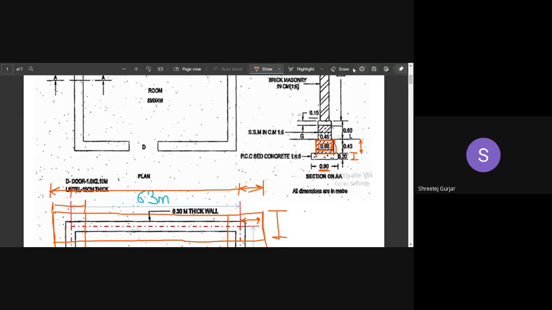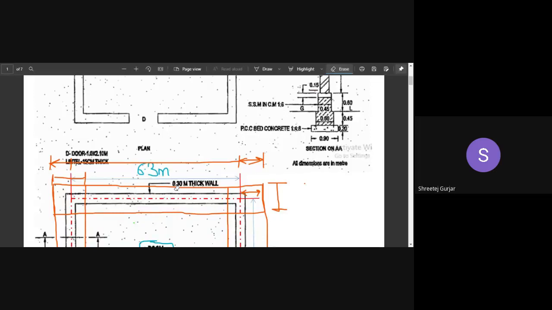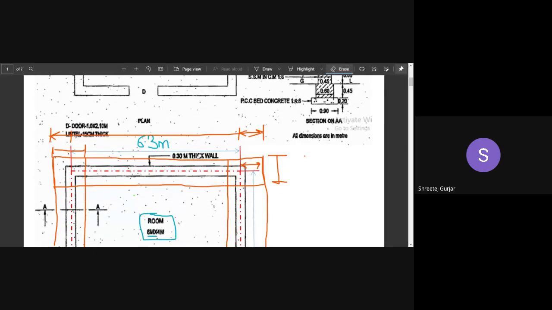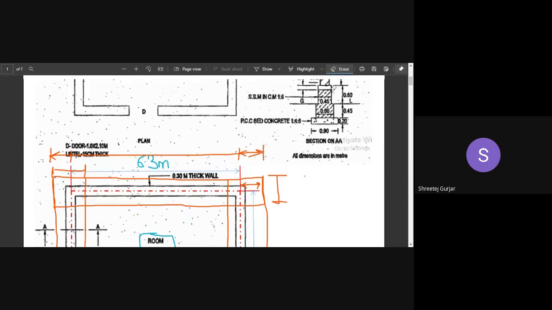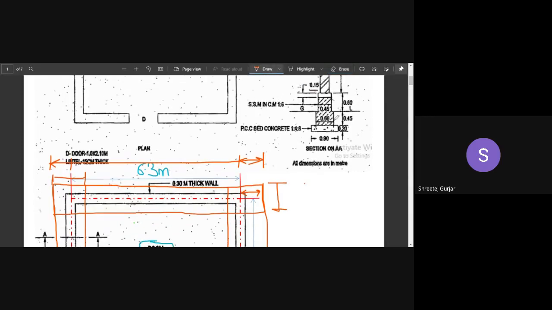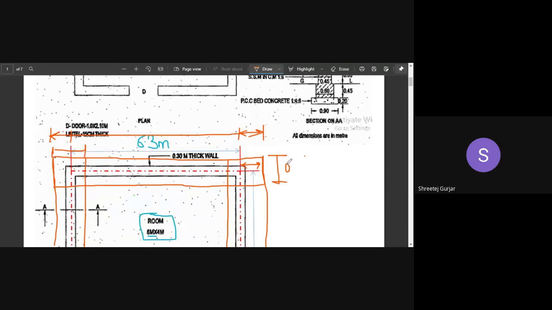Then what is the length we have to calculate? It is the same method we used for your excavation and your PCC. The only thing is that instead of the width 0.9 we used there, we have to use 0.6 here, because we have now moved up and the width involved is 0.6. So how much is half? 0.3, and this side will also be 0.3. Clear?